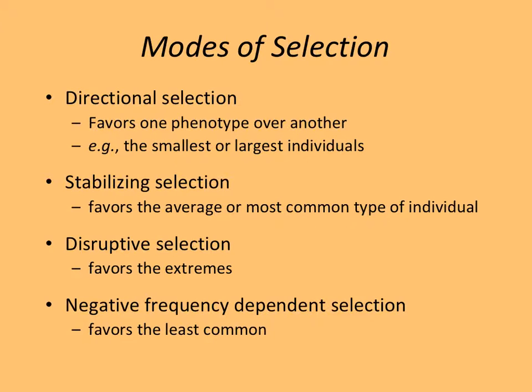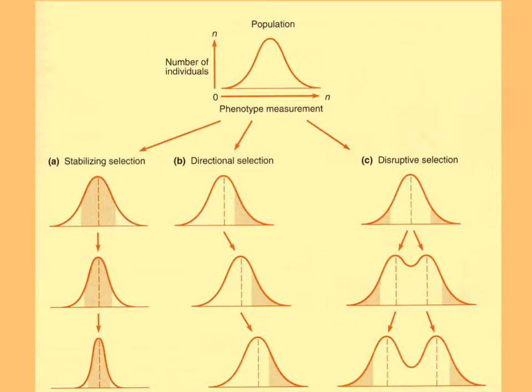Okay. So, there's different kinds of selection. There's directional selection. I'll show you examples of each. Stabilizing selection, disruptive selection, and then negative frequency dependence, but you don't really have to remember that. This is a diagram of different types of selection. So we have, up above, we have